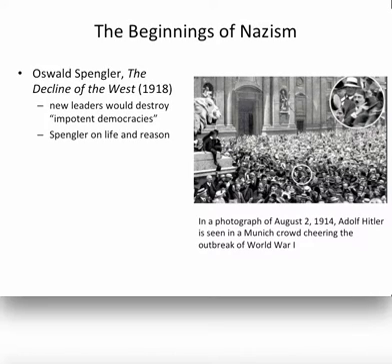One author who did think that democracy was finished was the German writer Oswald Spengler, who in 1918 came out with his very popular bestseller called The Decline of the West, in which he predicted that a new type of leader would emerge who would destroy the quote-unquote impotent democracies. Impotent meaning powerless. Another quote from this book, he said,